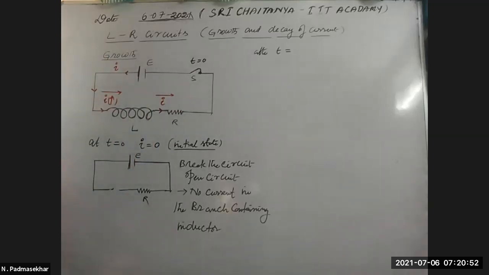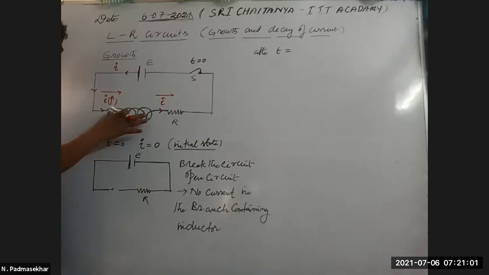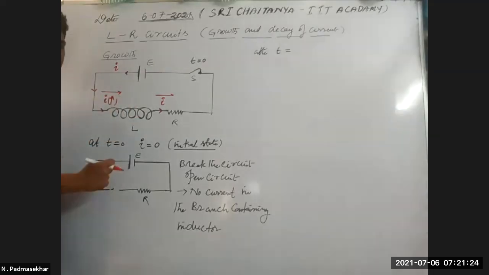In the resistor also, that is the direction of the current. So this current increases. In the inductor, current increases. So if the current increases, what happens? The flux changes with respect to time. The flux increases with respect to time in the solenoid. In this inductor, the flux changes. So because the flux changes, EMF is induced and current is induced.